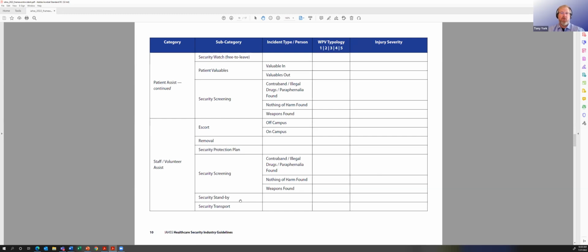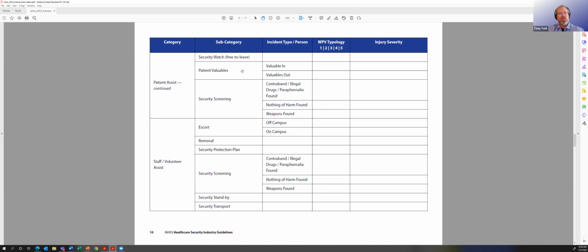And so many programs that so many of us have had a chance to walk around in, we find that the security watch or patient assist is a generic term used across the spectrum, but it's probably the single largest activity that we're all engaged with that consumes the security resources more than almost anything else that we would chat about. Maybe not the same level of intensity, sometimes they do, obviously,